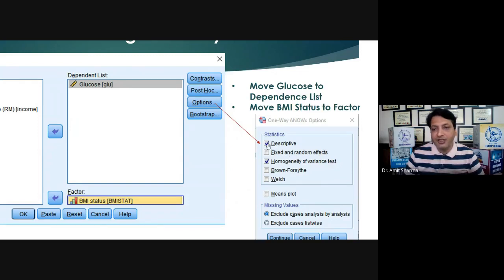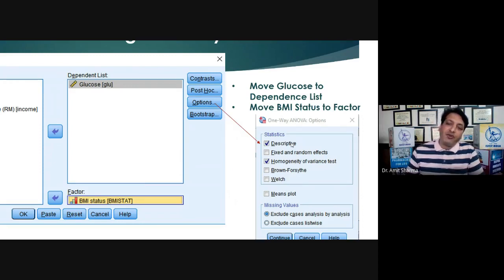The first option, Descriptive, will give you the descriptive statistics of the test, that is the mean, standard deviation, and standard error, as well as the test for homogeneity of variance will give you the idea whether you are eligible for your test or not, or whether your data is homogeneous or not.